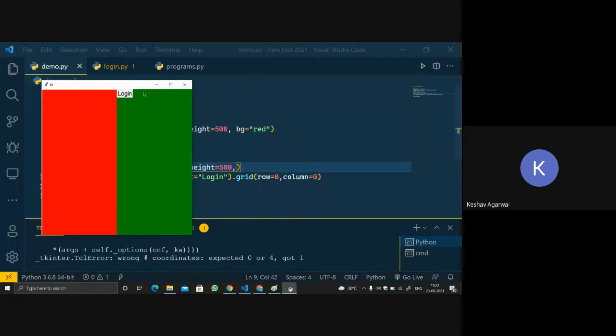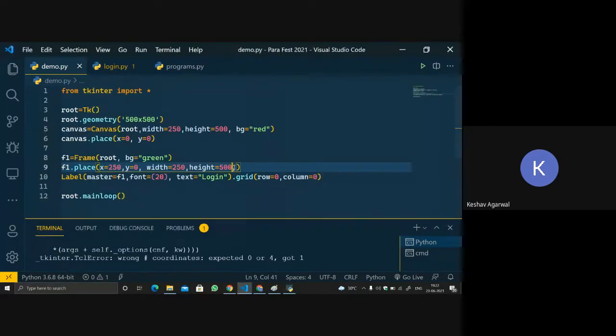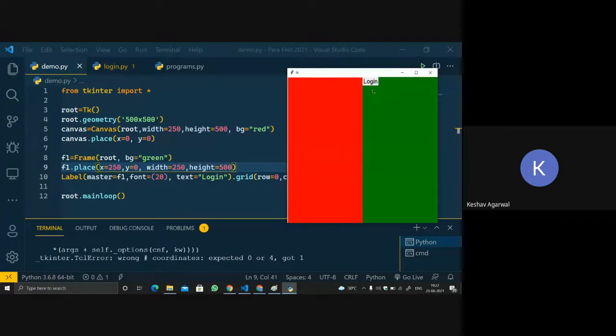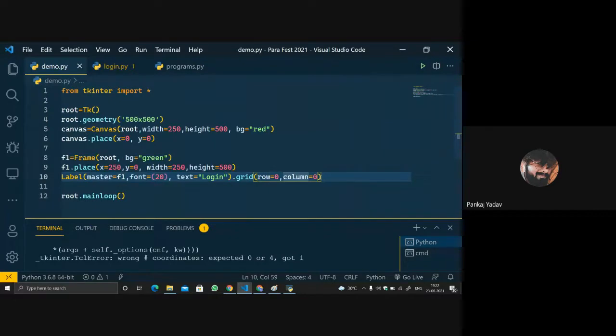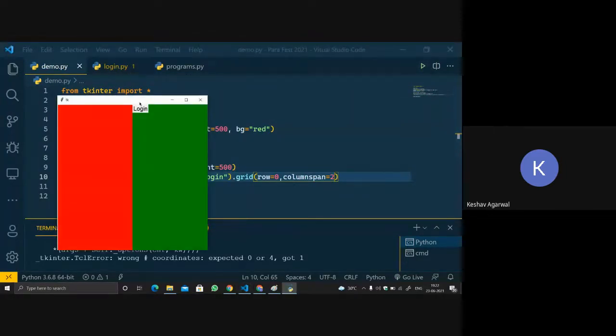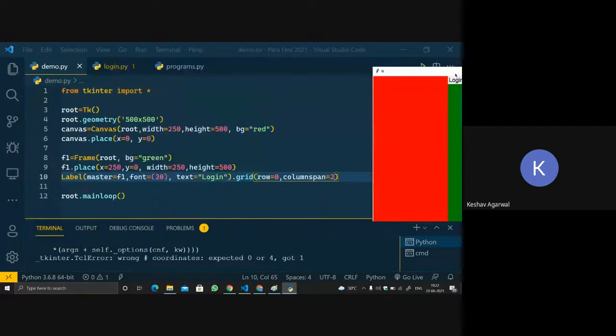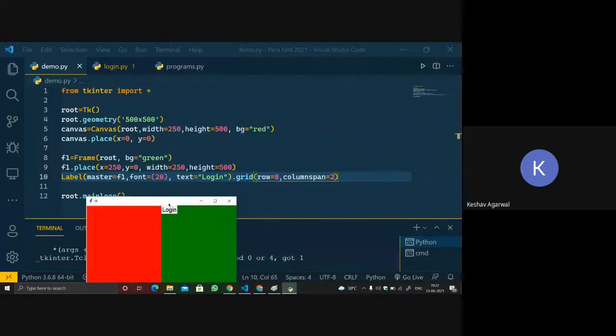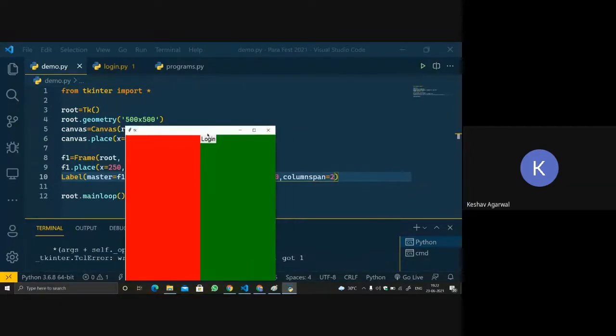Okay, so see, we now got it. Okay, Pankaj, is it clear? Yes, it's clear, Nitish. So now let's move it to the middle. Save it, close it and run again. Why did we not get it? Acha, since the column is just one now, it is taking the whole column as 2 only.